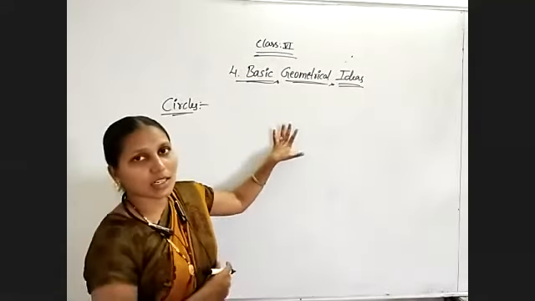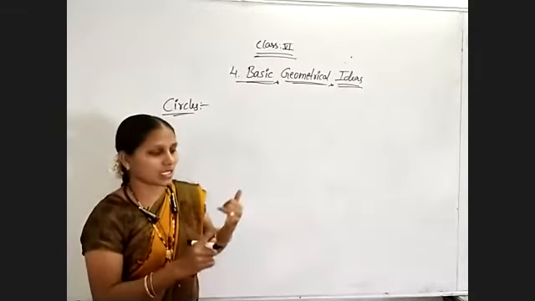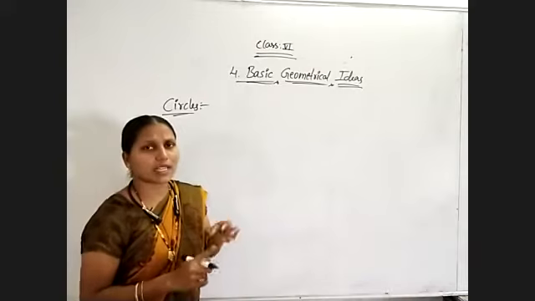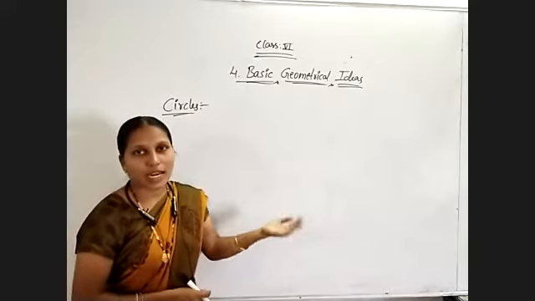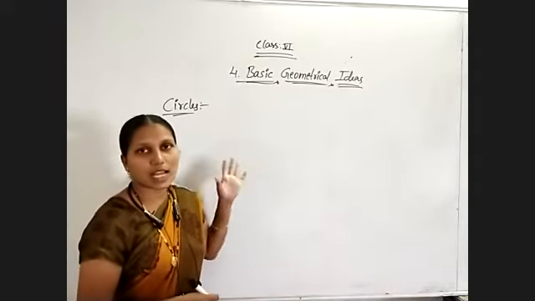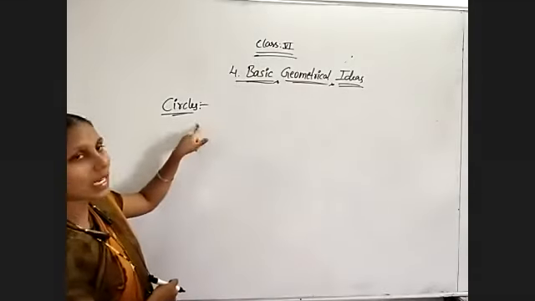First we have studied what we need to draw a shape, that is points, lines, curves, line segments, all those we have discussed. After that, how angles are formed, and the different types of polygons, the different sides and angles, all those we have discussed. Now coming to the circle.